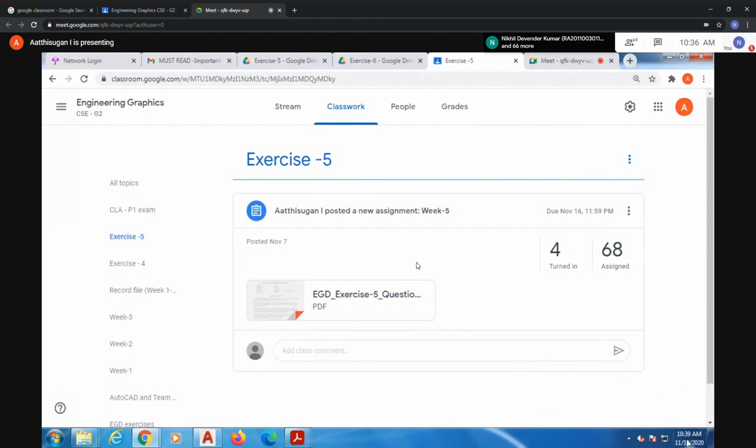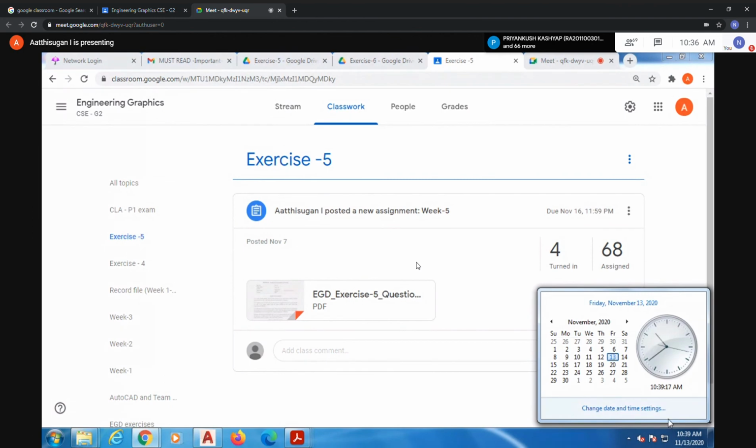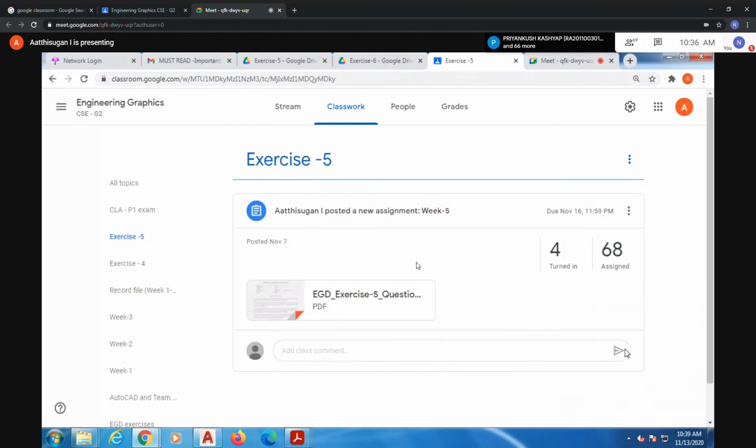So time is there. How much time do you want for week number 6? That is exercise number 6. Sir, week 5 also needs to be extended. Yes, sir. Why? Diwali. I told only 4 questions, not all the questions. Diwali is also going on, so we won't be able to do it in the midst of the festival.